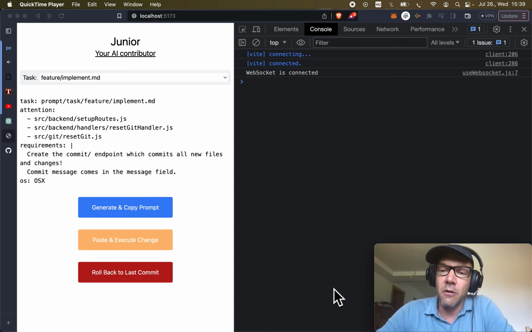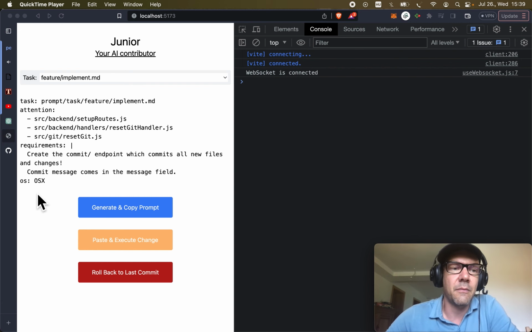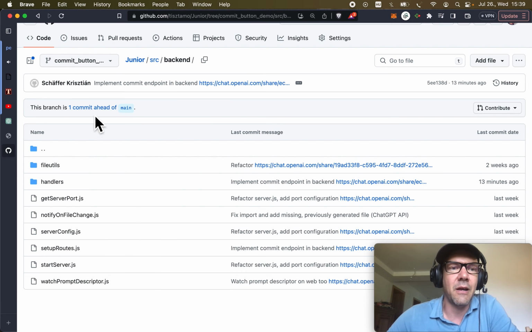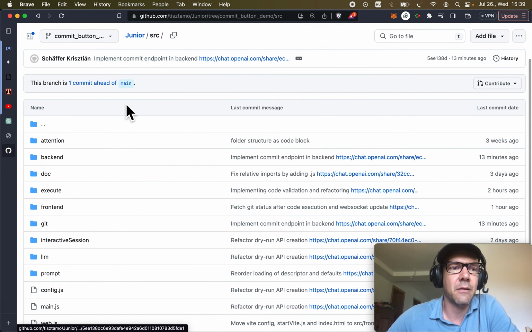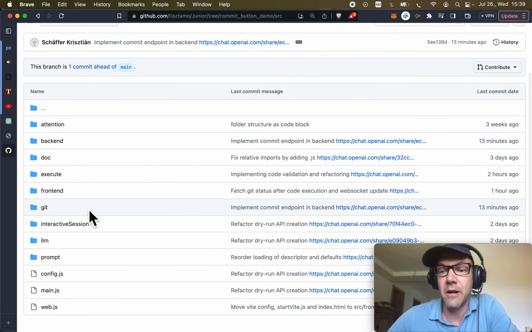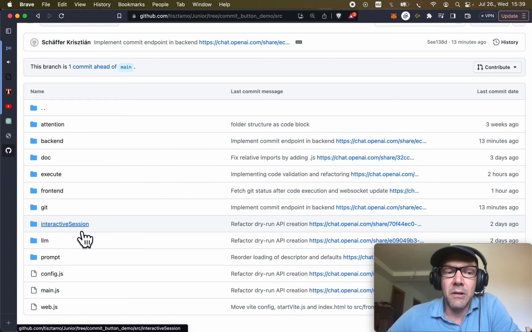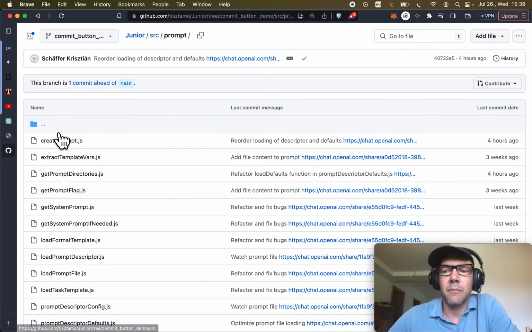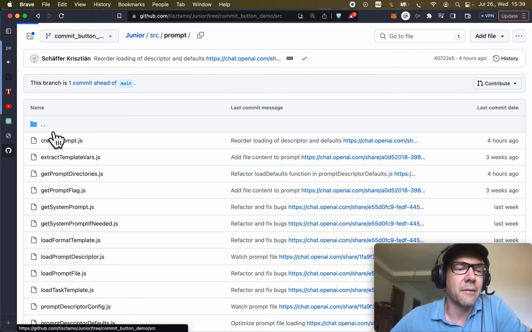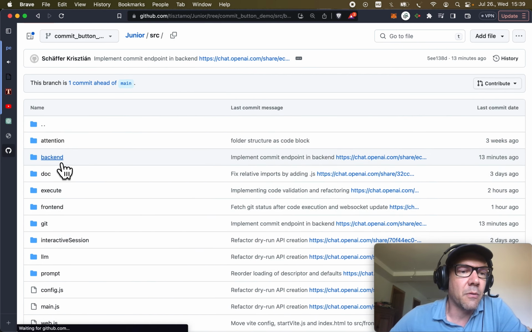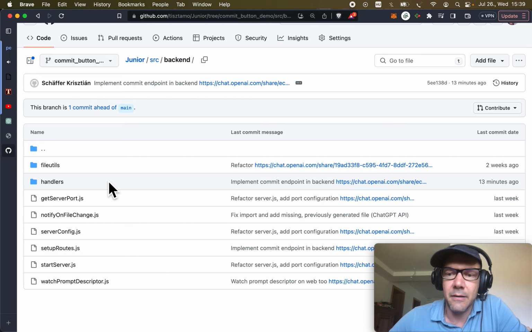In fact, Junior writes itself, and Junior is really not trivial. We have a lot of files here. Let's see, just the source directory where really every file was generated by ChatGPT, and we have a backend here, we have a front end here. We have a command line interface, and really a lot of prompt designing and building things. So let's go to the backend, where I recently